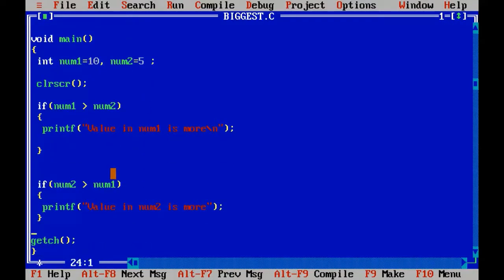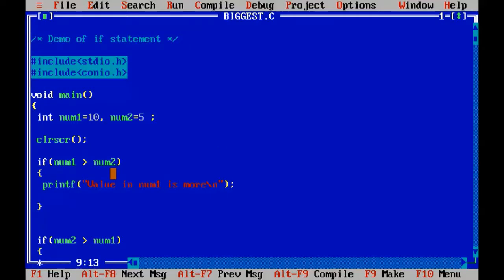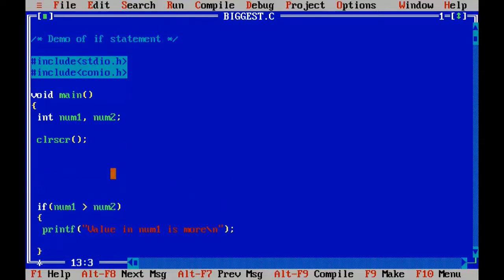here, right? So now let's go and accept two numbers from the user and we'll find out the biggest of those two numbers, right? So I will erase, so I'll not be initializing this time. So now I'll be asking for the numbers from the users. So here I'm asking the user to enter values. Please enter two values to check, right?